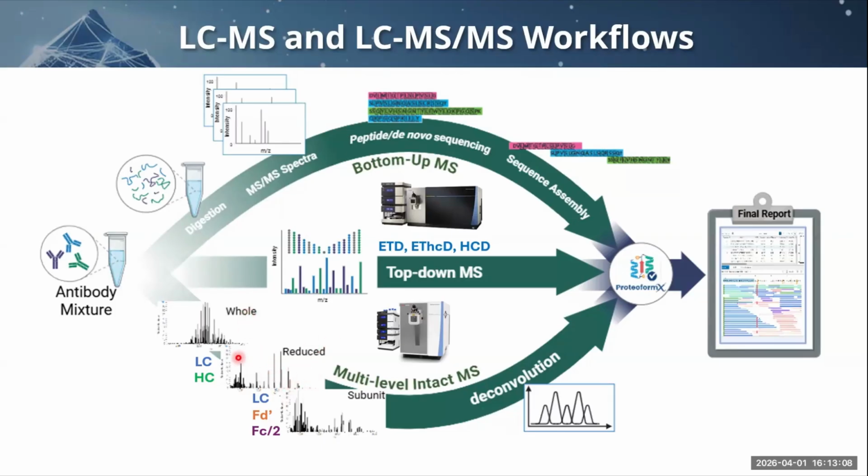For the reduced level to generate a light and heavy chain, some reducing agent like DTT or TCEP. And at the subunit level, for all the data presented, we use IdeS to cleave the hinge region, and then we reduce to get the light chain and heavy chains. And so the fragments that we end up with would be the LC, the Fd prime, and the Fc/2. And then we would analyze this directly on our instruments, and then followed by deconvolution to get our all intact